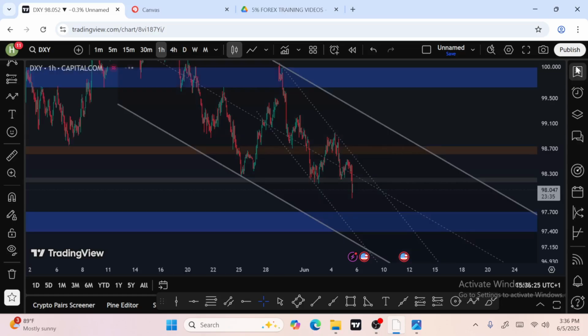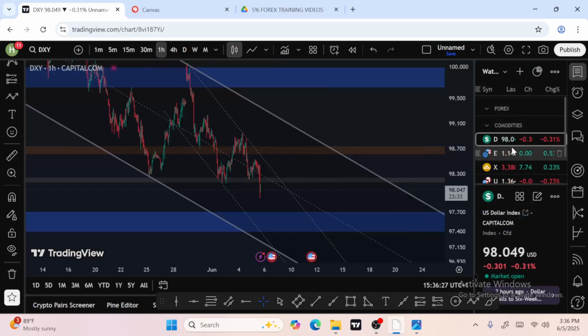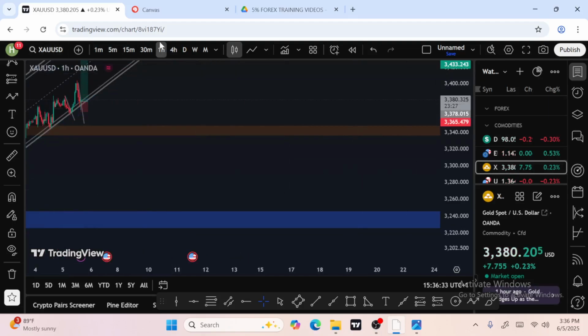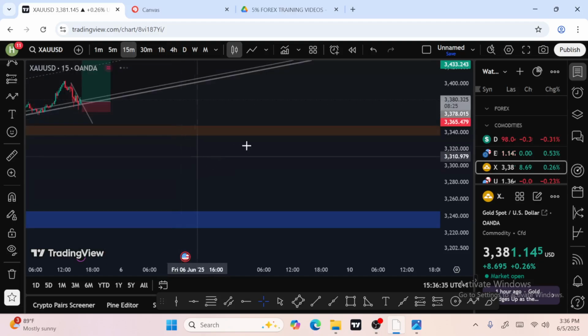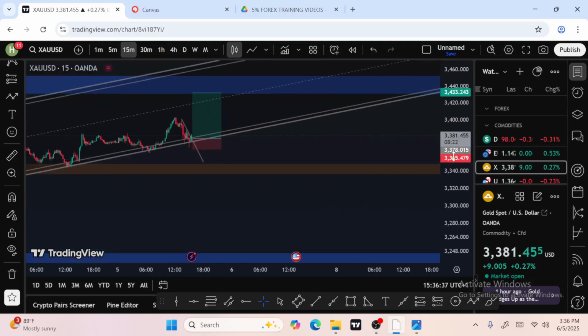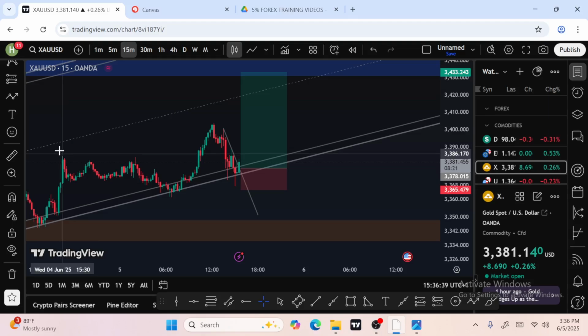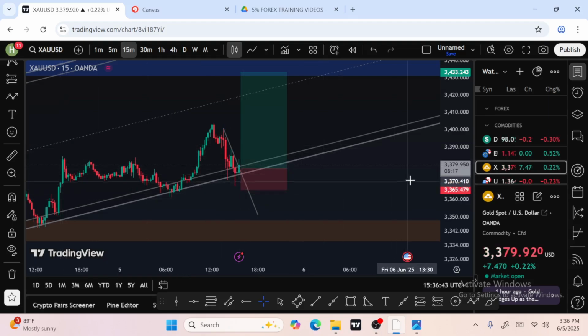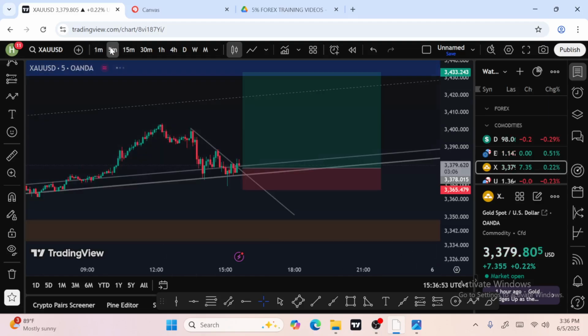How do you enter? Do you enter based on the analysis we did on EU? Come down to the 15-minute time frame. Now you see this 15 minutes, it's already coming down a little bit. Do you see it now? Can you see the 15 minutes? That is why you always wait. Always wait for what? Closing price. Do you get it now?